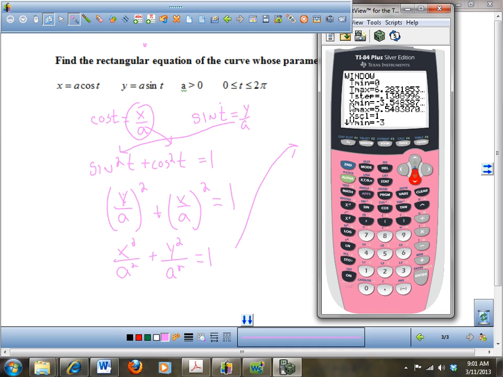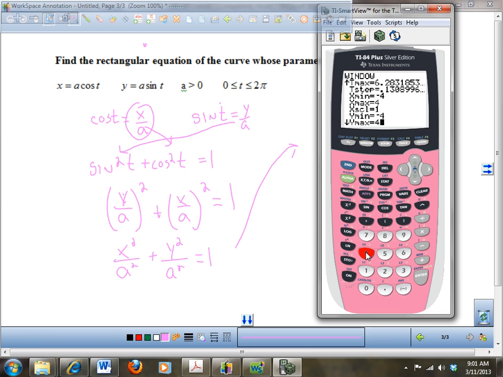Now, since I want this circle, it has a radius of 3, so I'm going to set this to like -4 for x min and +4 for x max, and then the same thing for y min and y max, -4 and +4. And then hopefully I did everything correctly. And if I hit graph,